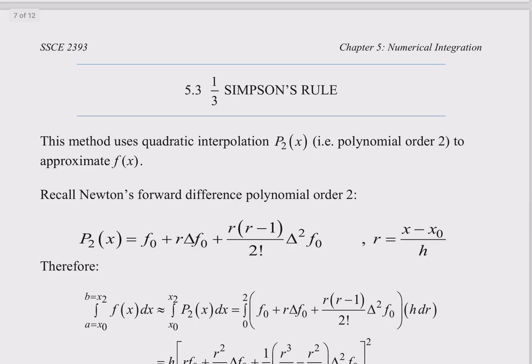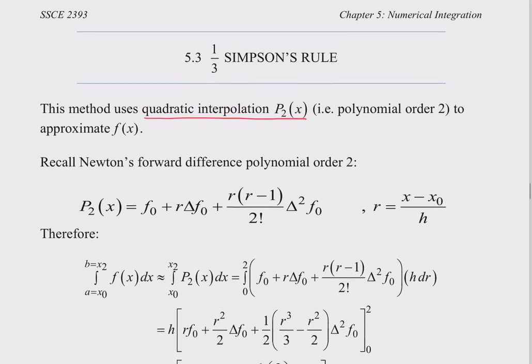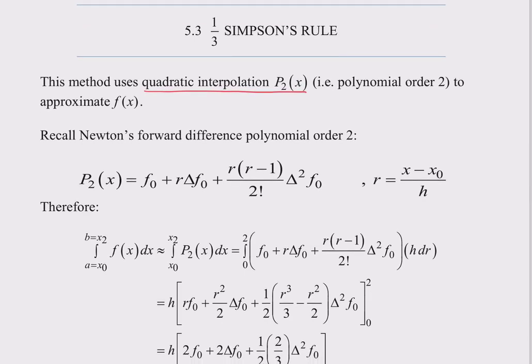The second one is the 1/3 Simpson rule. In this method, it is the same as the previous one, but now we use quadratic interpolation instead of linear. In the trapezoidal rule, we only use linear. So meaning that P2 here, if we use Lagrange,